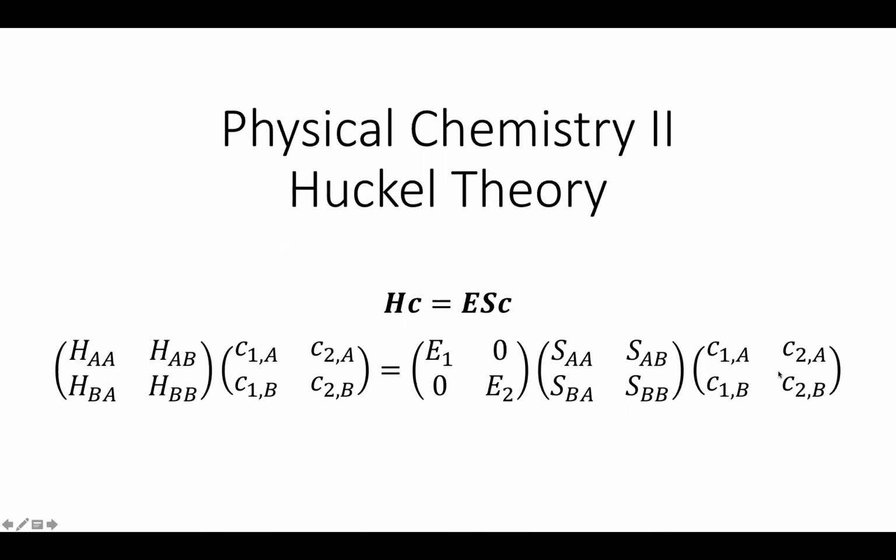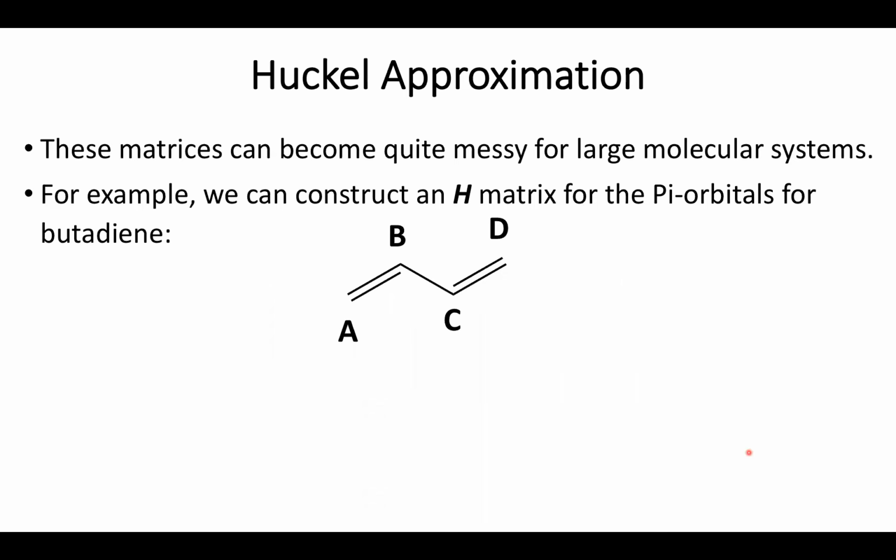So this general form should look somewhat familiar as it's very much modeled on the ideas of the Schrodinger equation. But it turns out that when we try and start expanding this to full polyatomic systems, it can start to get a little bit messy. And so what we're going to be doing today is focusing in on one relatively small example system of how we can apply these equations, and one of the more common and simpler set of approximations we can apply to this system. So what we're going to be looking at is a pi system for